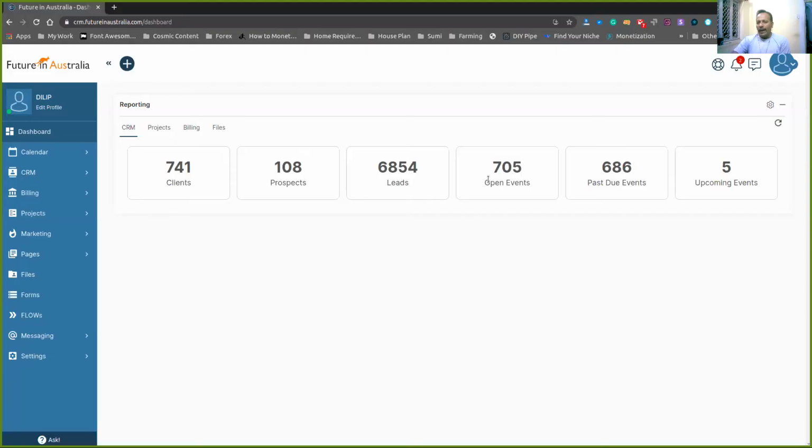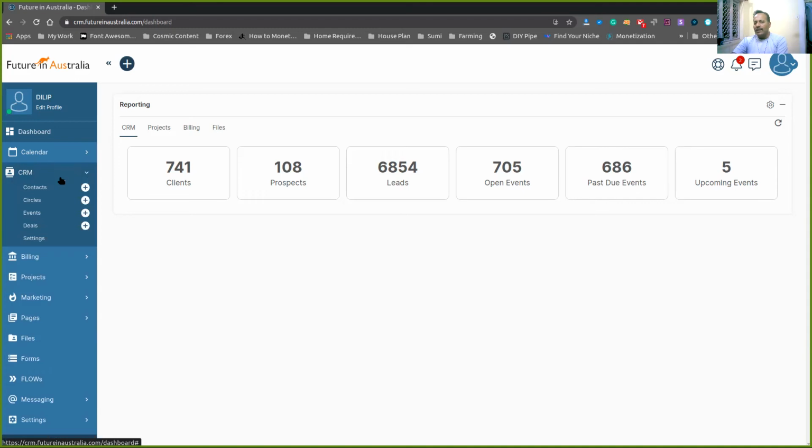Anyhow, this is not a discussion about those segments. We are discussing how to add a lead into your CRM. When you are going to add a lead, again, it starts with your CRM. Once you log into your CRM, you will find this window, right? After getting into this window, you need to go to the CRM, and there you need to go to the contact.